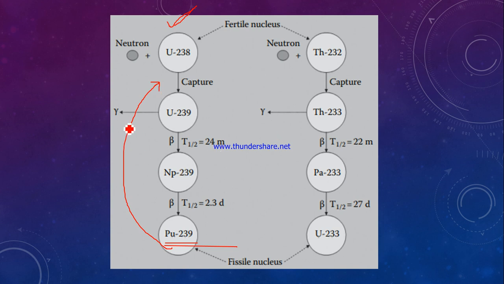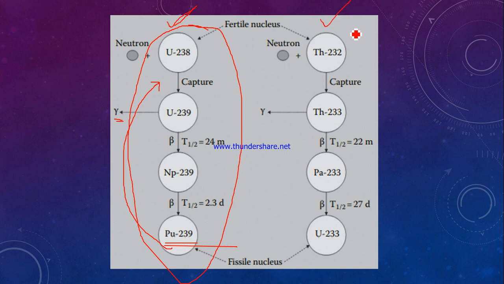Okay, so gamma and beta decay: we know beta decay means the mass number will not change, but the atomic number will increase by 1. In gamma decay only energy will change, no change in mass and atomic number. In alpha decay the atomic number will decrease by 2 and the mass number by 4, all we know that. So these things are happening in our PFBR, and this is our final target: